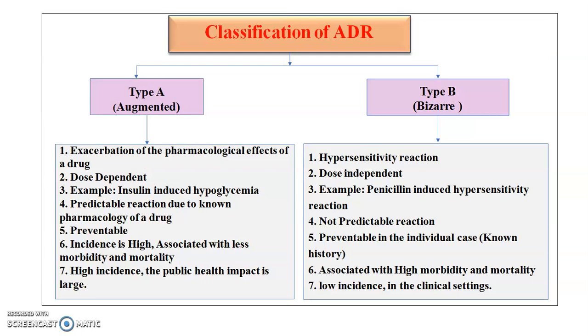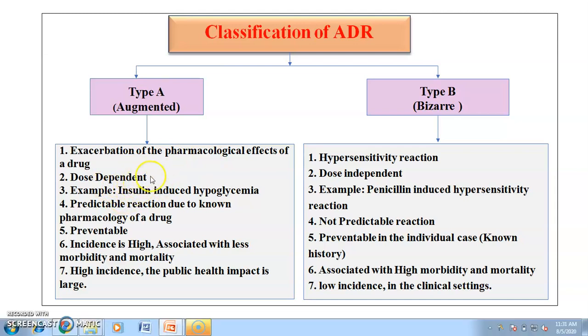Classification of ADRs is again divided into two types, majorly type A and type B. Type A is also called augmented, and type B is also called bizarre reactions. Type A is all because of exacerbation of pharmacological effects of the drug, and it is dose dependent. One example is insulin-induced hypoglycemia, because the pharmacological action and effect of insulin is high, that may lead to